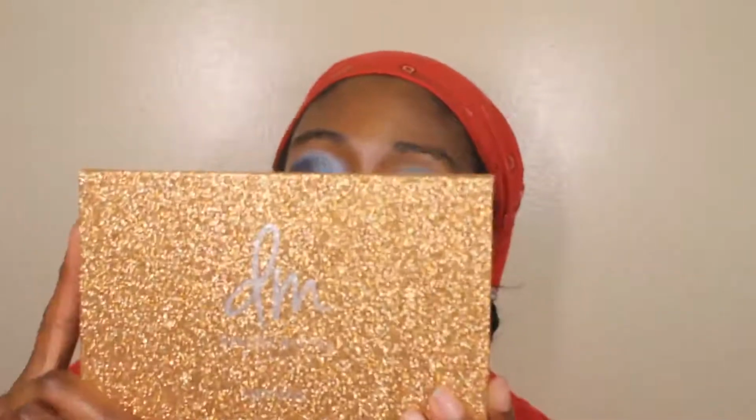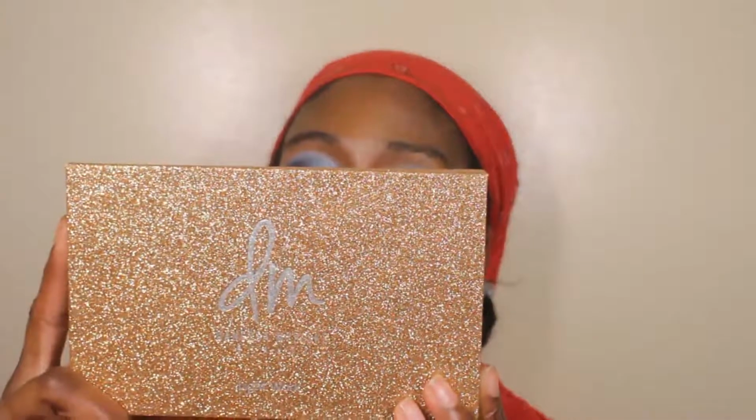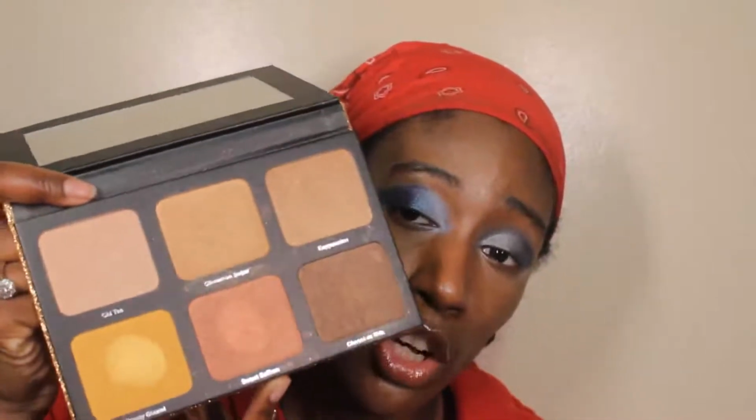I absolutely love it. So the last highlighter we have to talk about is the Danessa Myricks Lightwork Palette 2. This is her highlighter palette. The original one is in the silver packaging, and this one is in the gold packaging. This one works better for people my skin tone, and the first one just has a mixture of variety for everybody. But with the second one, she's like, no, all the chocolate people and the tan people are gonna be able to use this palette,